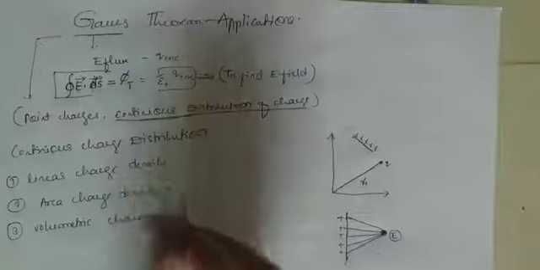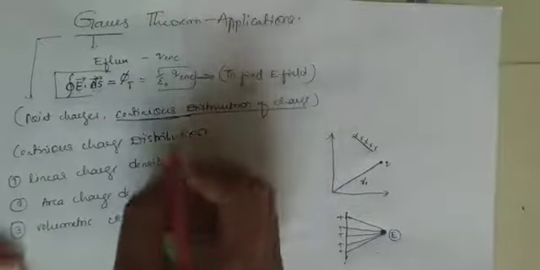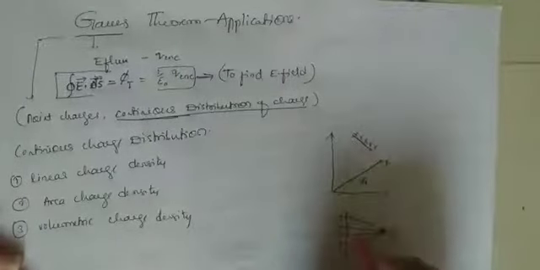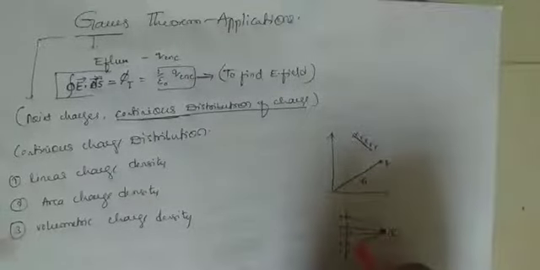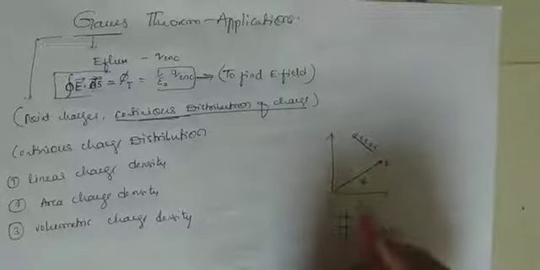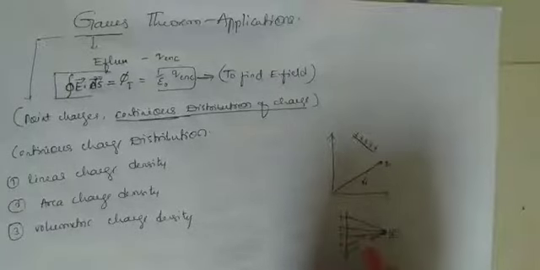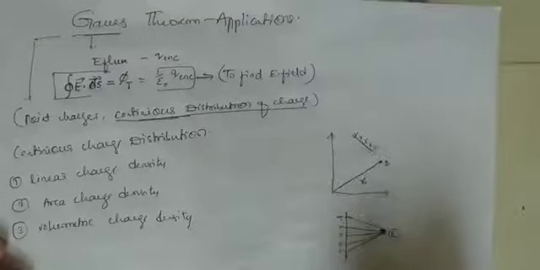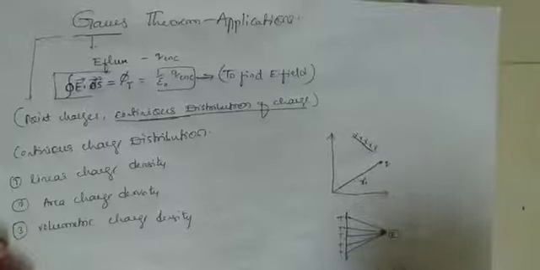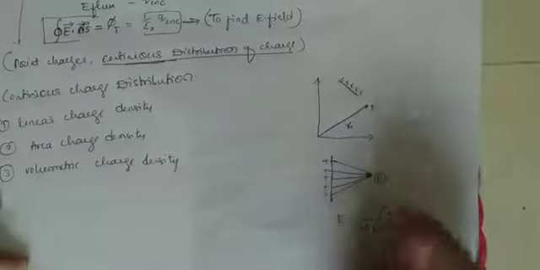Now linear charge density means we are not considering the total charge. In Coulomb's law we consider the total charge, that is E is equal to 1 by 4 pi epsilon naught q by r square. So this is the total charge there. But here we are not using the total charge, here we are using the charge per